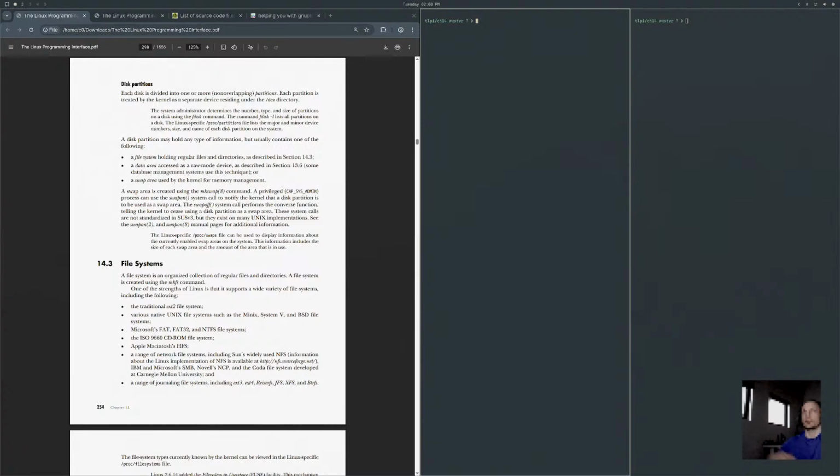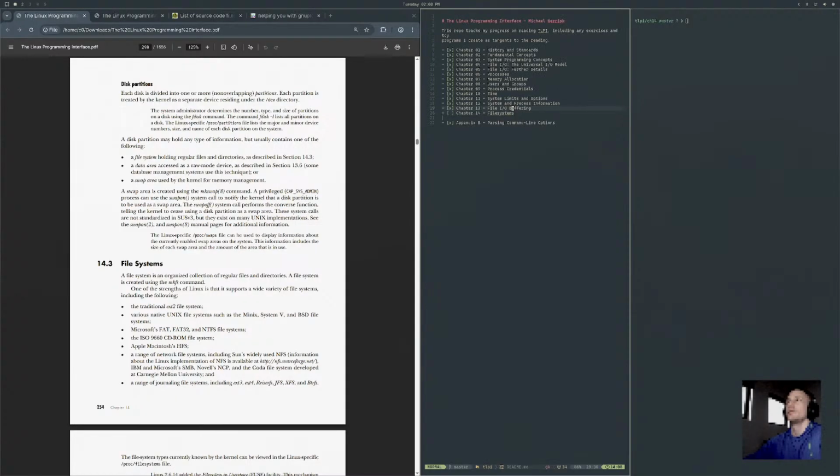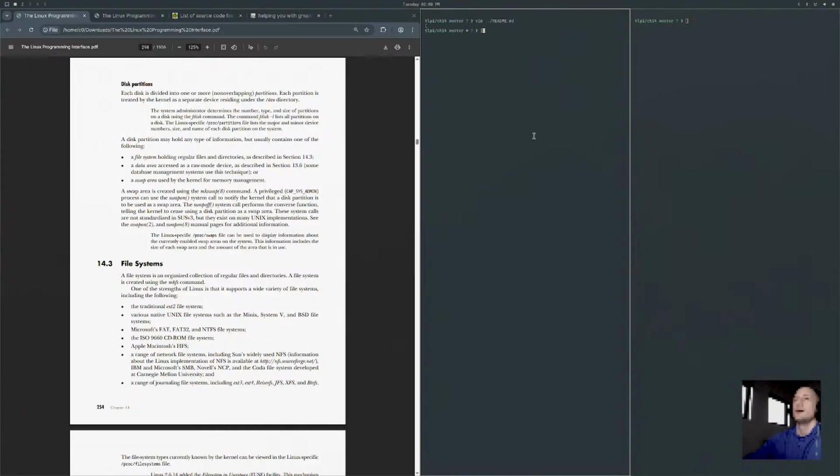File systems. One thing that I just realized is that I've been misspelling file systems, because I was looking at the description of the stream and I spell it all as one word. And I did that in the README here as well. But it's actually two words. File systems. I don't know why I just thought of it as one word.